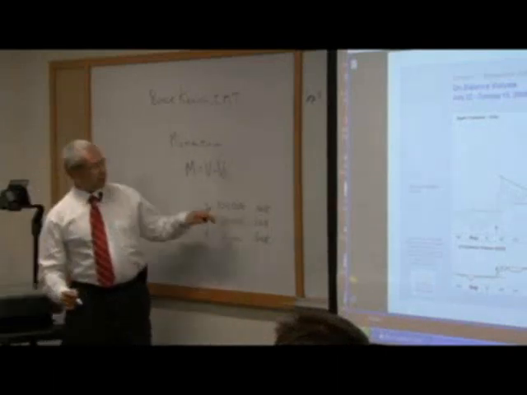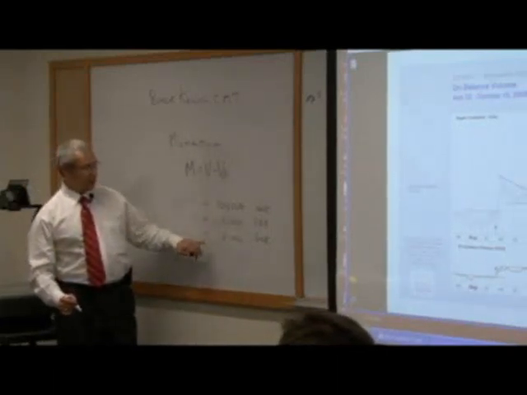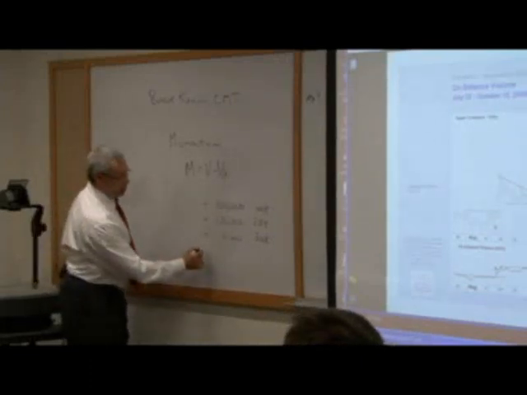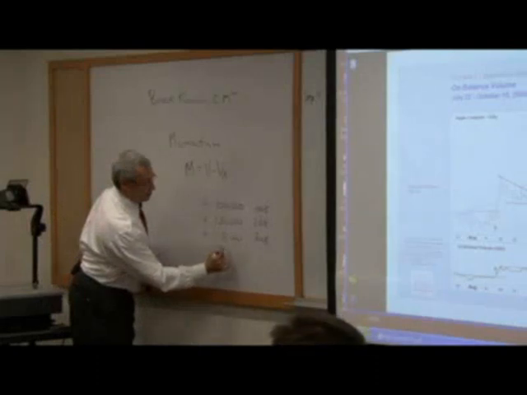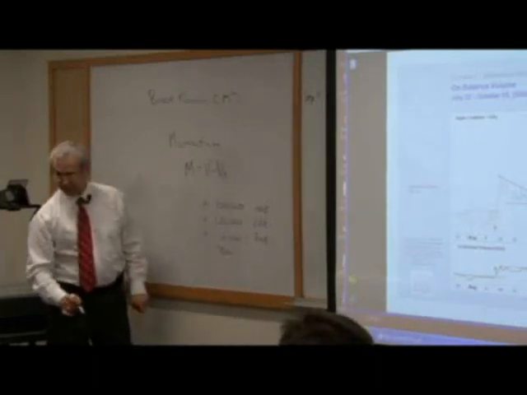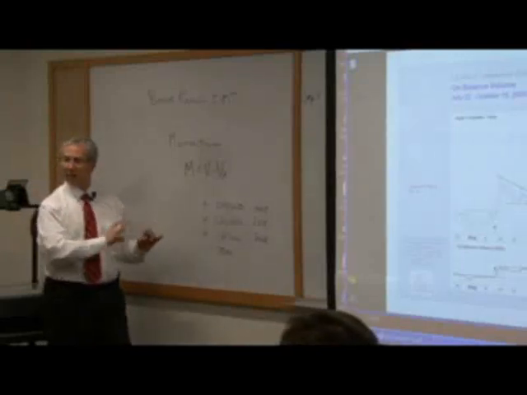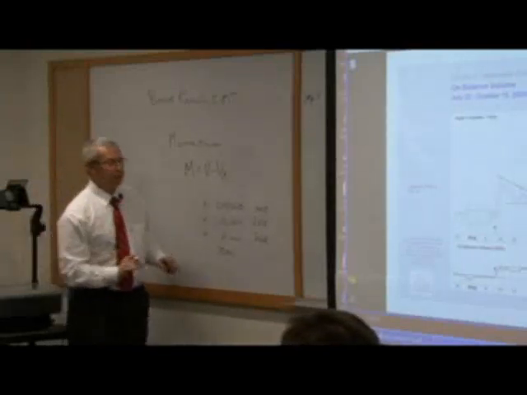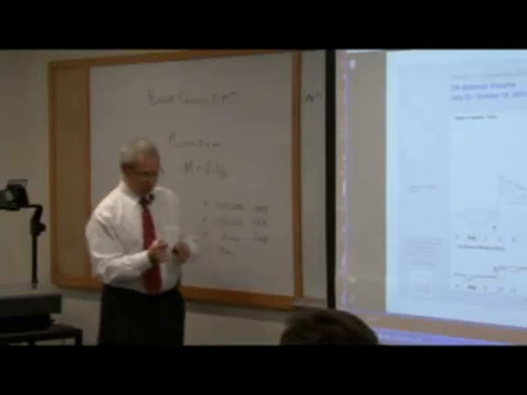So we have rising: stock closes up, we add; stock closes up, we add; stock closes up, we add. If it closes down, we're going to subtract the figure. If it closes unchanged, we do nothing. We just carry the number over. Pretty simple. And we'll look at a variation.